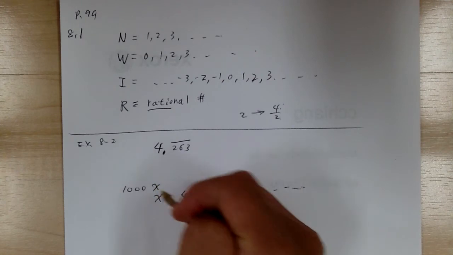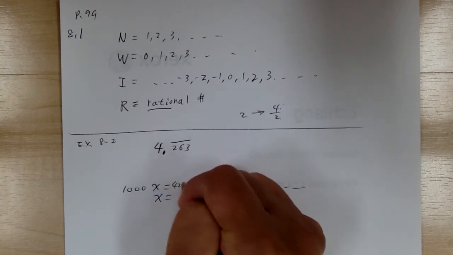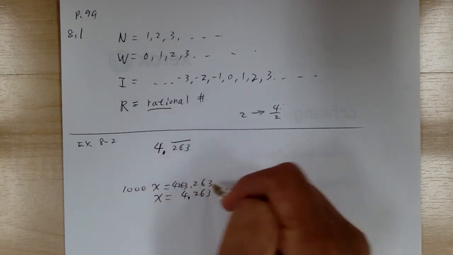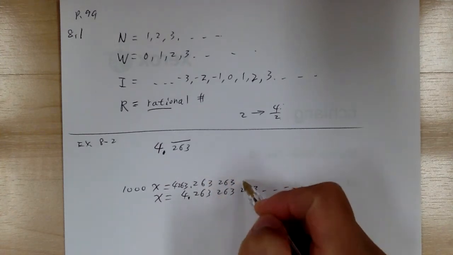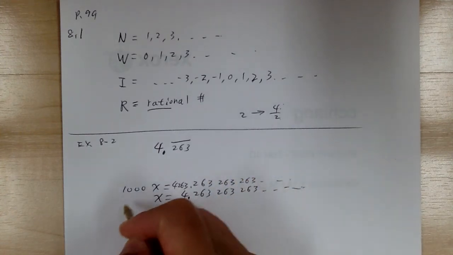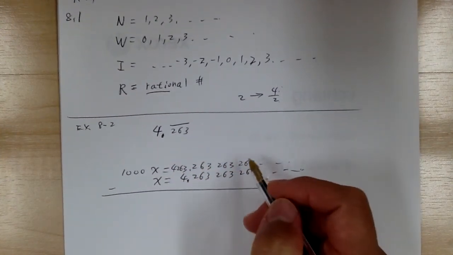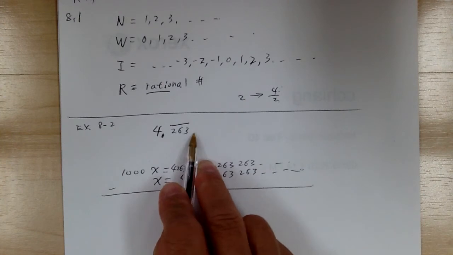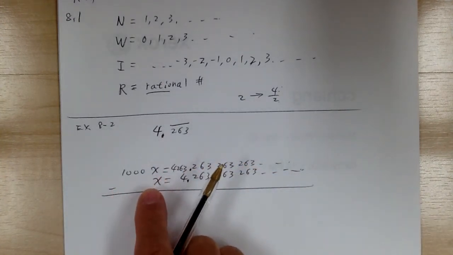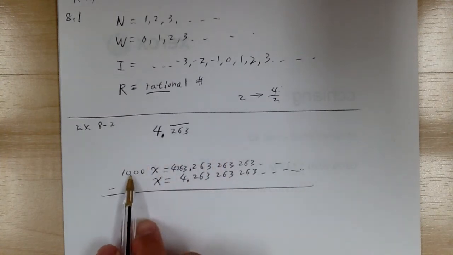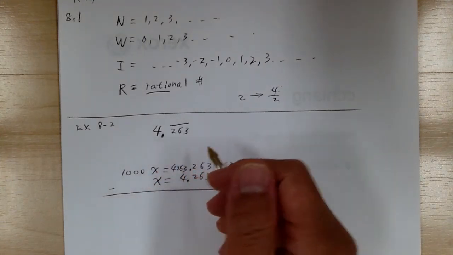So you shift over so that you get 4263. The reason you want to shift over 3 places is so that every digit will line up, and that way when you subtract, all of this gets canceled out. So again, a 3-digit repeat means you shift over 3 digits, which means you multiply by 1,000. If you shift over 3 digits, you're going to get 3 zeros after the 1. Right? Okay, so when you subtract,